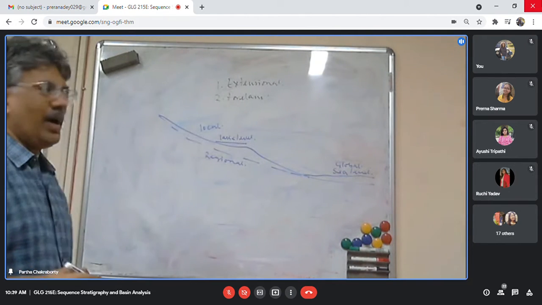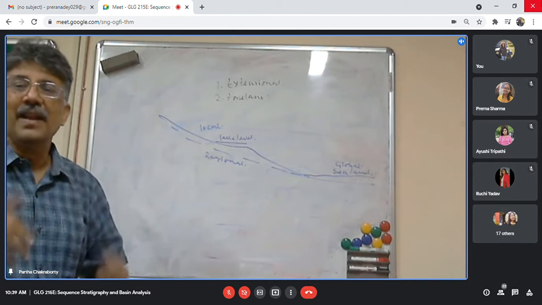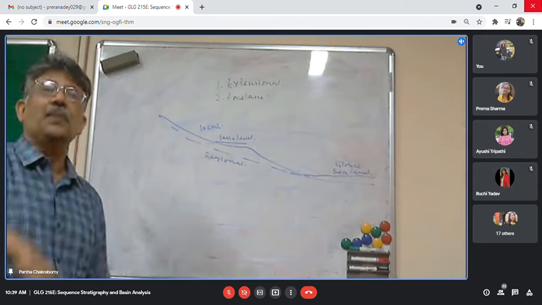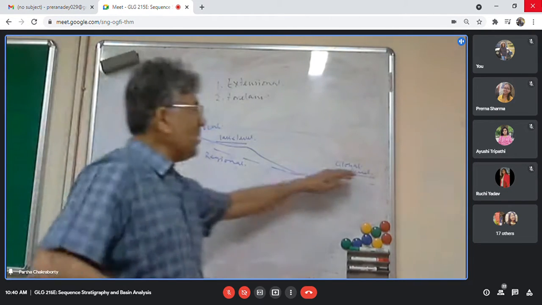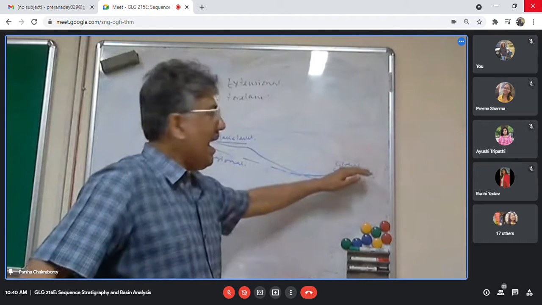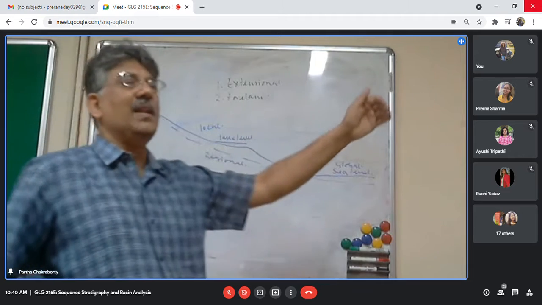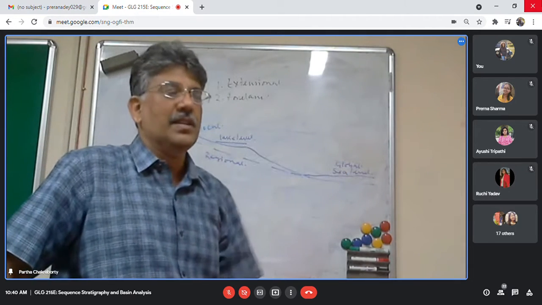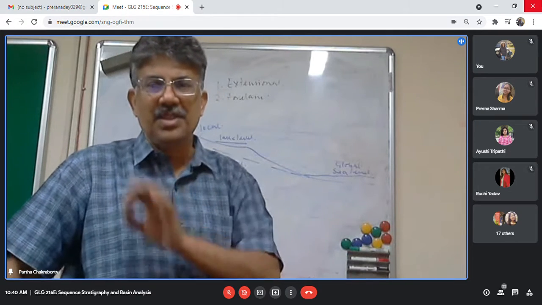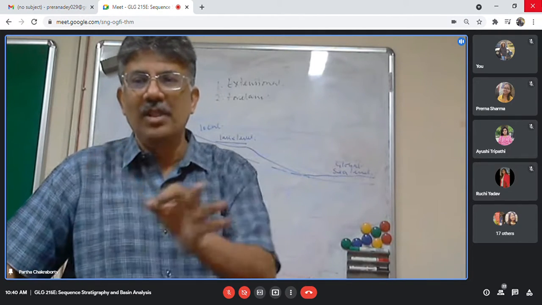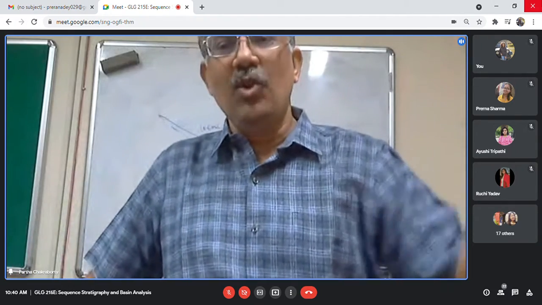So when we talk about the base level, we basically indicate different scales, whether I am talking about the global base level or a local base level. For the global base level I am referring to the sea level. But suppose from here I talk about Delhi. What is the base level of Delhi? The local base level of Delhi is the Yamuna. So all the streams of Delhi, or during the rain, all the water that is draining, finally drains to the Yamuna. So it is the local base level.